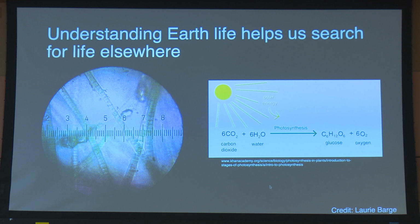And so this is really the challenge that we're facing here in terms of understanding what life might look like on another Earth 2.0. My talk today will focus a bit on understanding Earth life, because really that's our only data point in understanding how life arises on another planet. So, driving home the point that understanding Earth life helps us to search for life elsewhere, which may be obvious, but I'll outline it in many different ways,